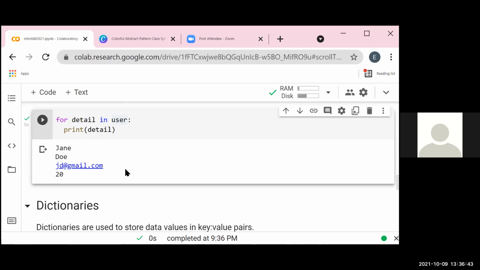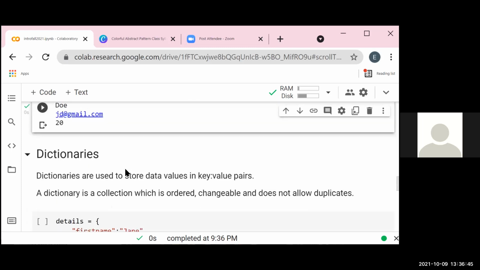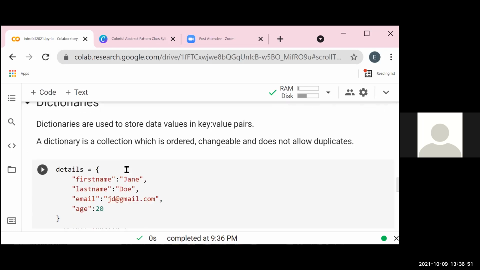So a dictionary is a bit different. Dictionaries are represented in the form of key value pairs. So what do I mean by key value pairs? This is how we create a dictionary. We use curly braces. For example, in this case, the key is first name, the value is Jane.